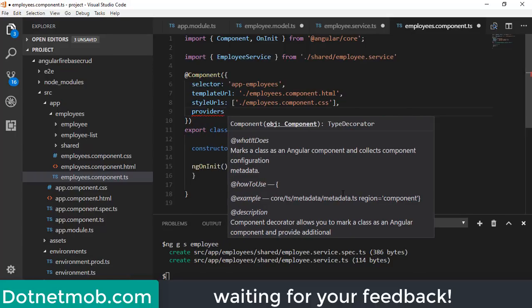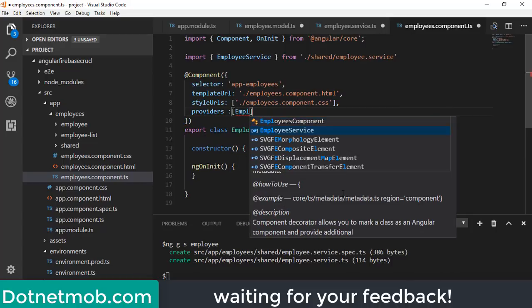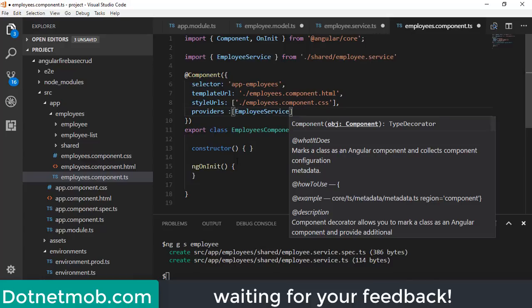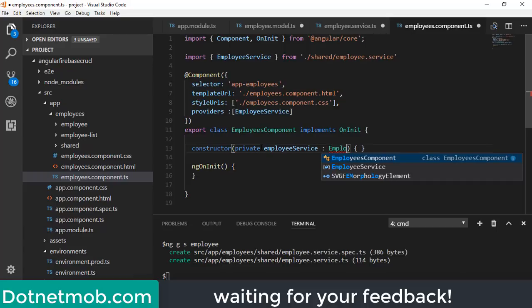Providers is equal to employee service. Finally, we have to create a private object of the type employee service. Employee service is of the type employee service.